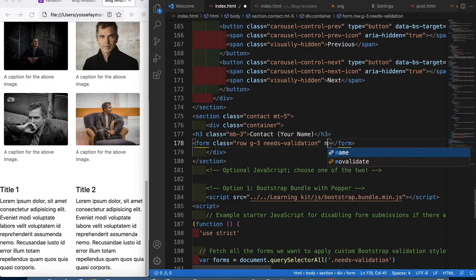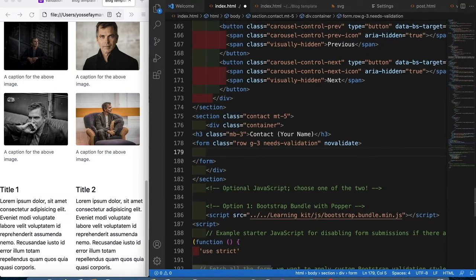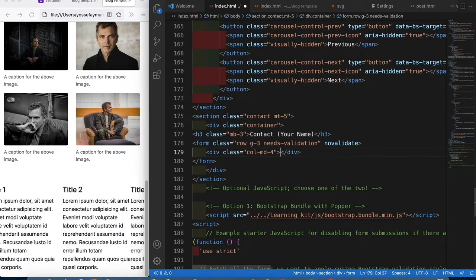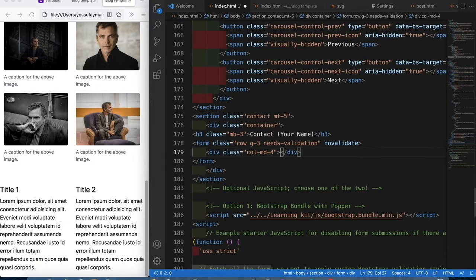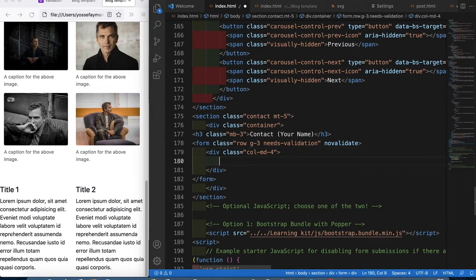And then we can add novalidate, so it will not be automatically validated until I click on submit. And then here we can make a column md of 4, and this one would be for the first name. We can make here a label